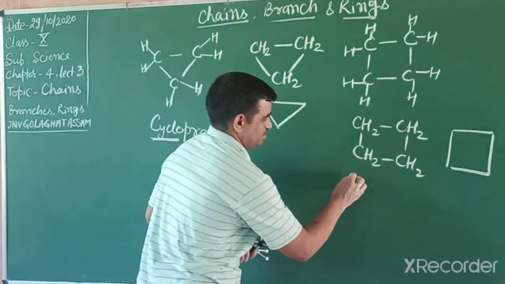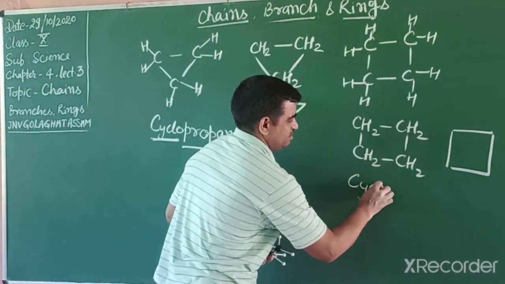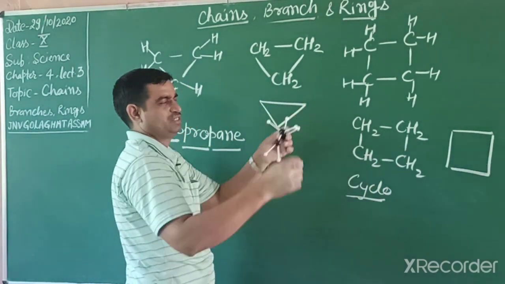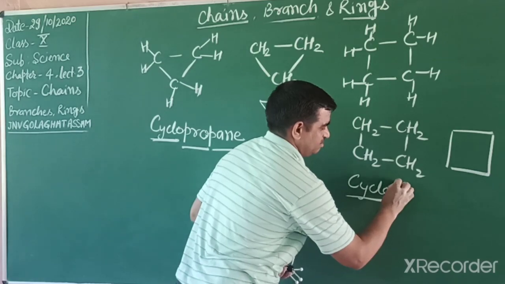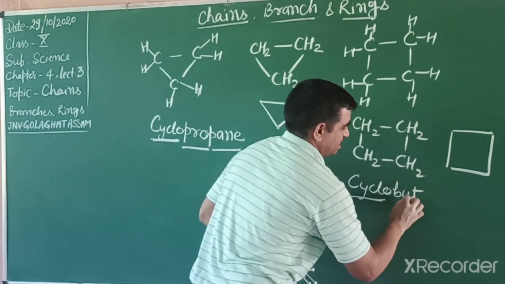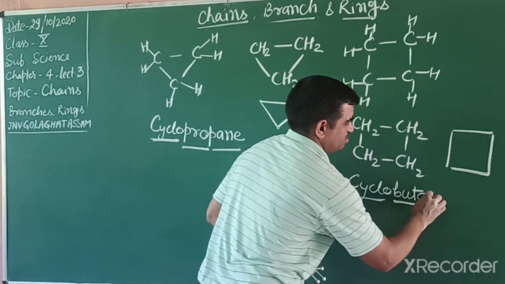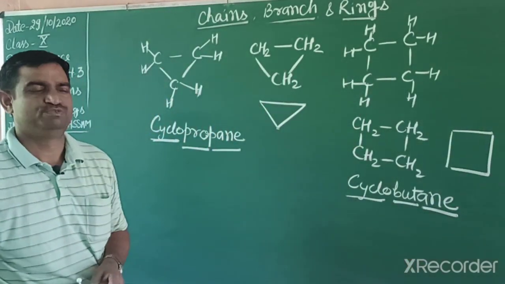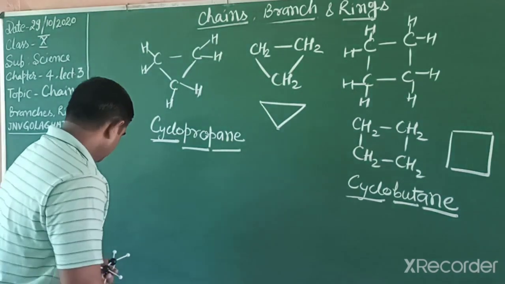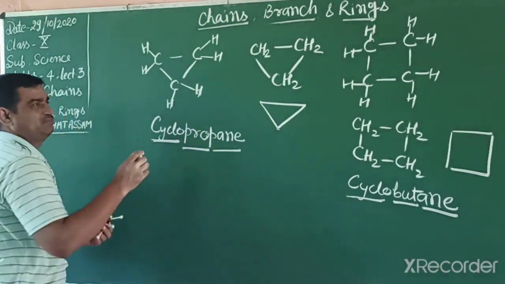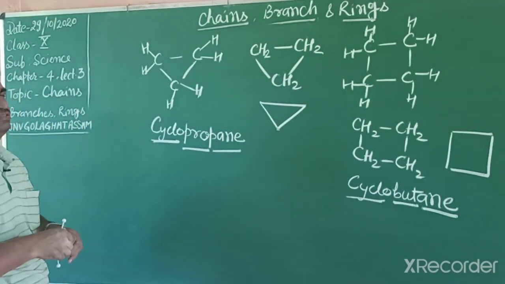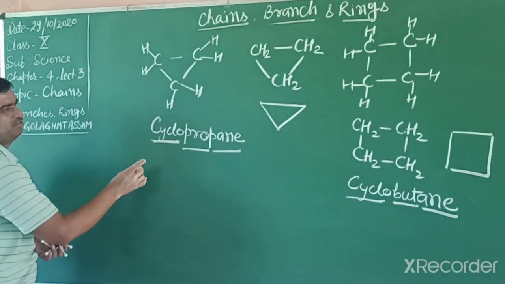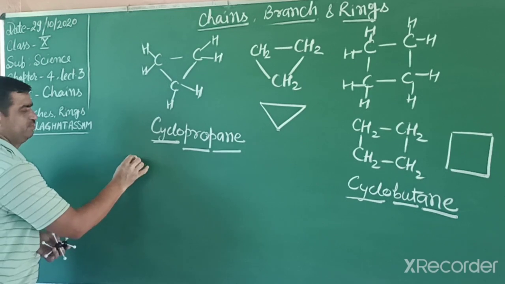And its name is cyclo, CYCLO. Cyclo as a prefix, why? Due to the cyclic form, and then 4 carbons, then we write but, and for the single bond, we write ane, cyclobutane. Students, if more carbons are attached in this way, then cyclopentane, cyclohexane. If 6 carbons, 5 carbons, then we can write here like